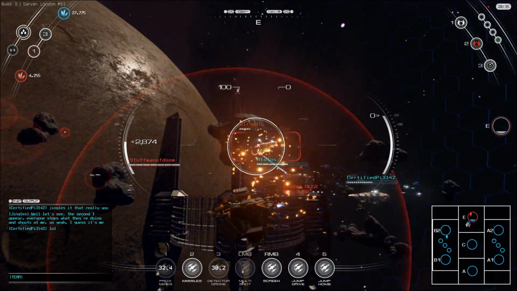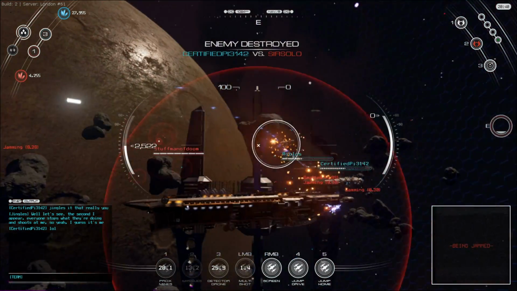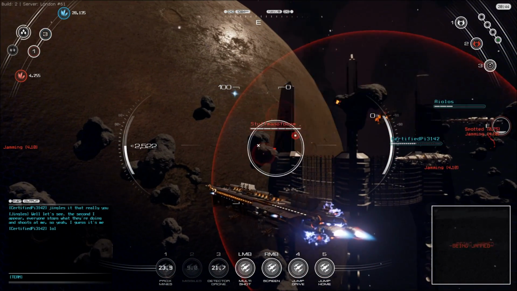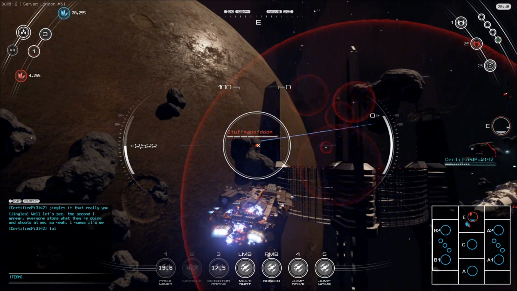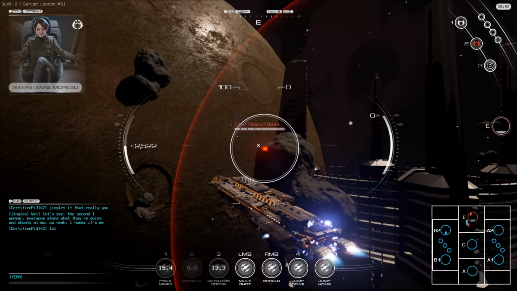Trying to stay mobile, stay out of the range of his flak batteries, fire off the missiles, keep laying those proximity mines to try to mess up the assassin who is lurking around here somewhere. That flagship has gone, we've got him, good, and now I'm going to try to close the distance on the sniper